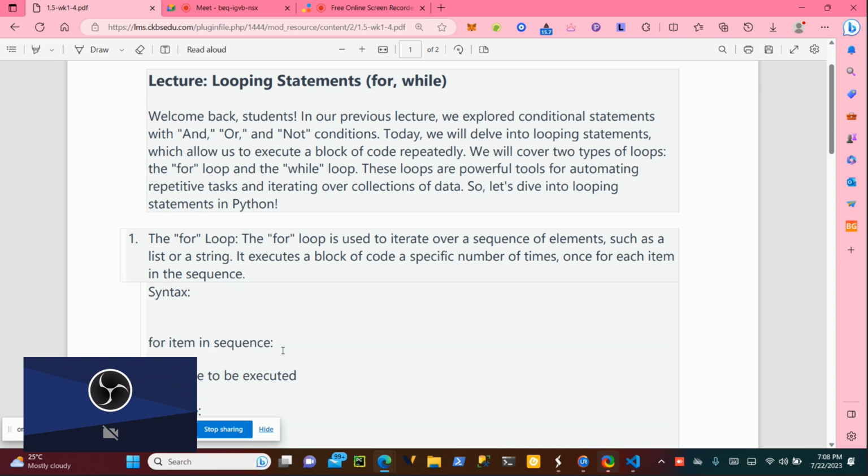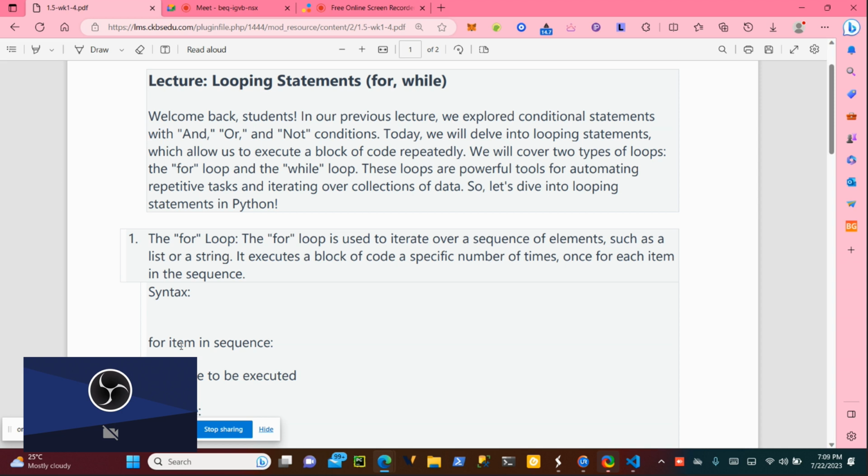So the syntax is, you start with the for, then the item will be maybe a variable that you want to give in sequence. So the sequence is maybe the list or the string, like Kingsley. So you give the name here, and then item means each element that you want to get.